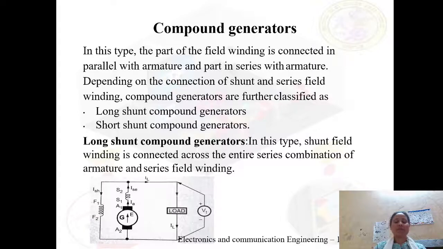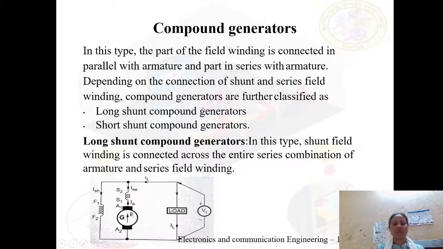So we also discussed in series generator, the field winding will be connected in series to the armature, and in shunt generator the field windings will be connected in parallel to the armature. Okay, and also the another type is compound generator. So in this type, a part of the field winding will be connected in parallel to the armature, and the another part of the field winding will be connected in series with the armature. So basically, it contains the combination of both series and then parallel